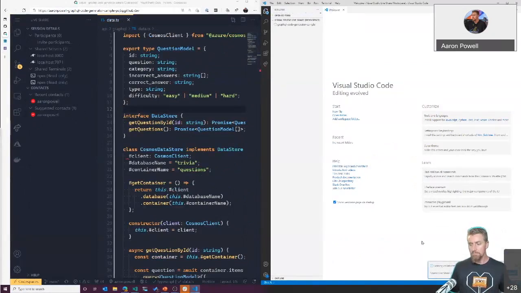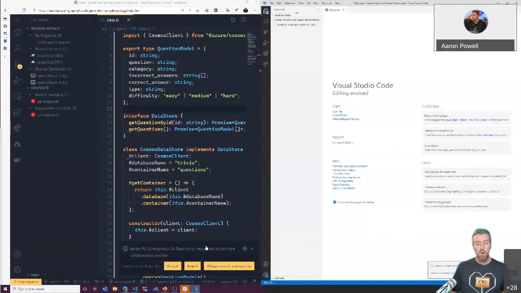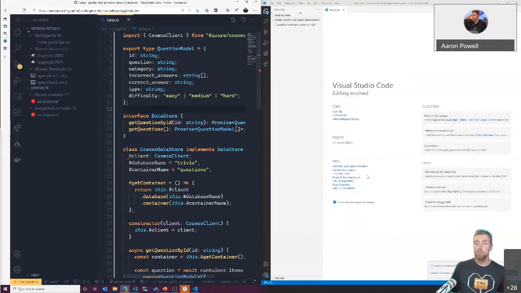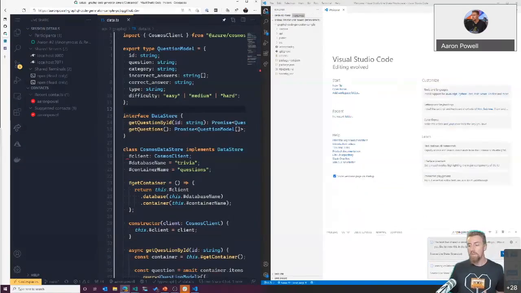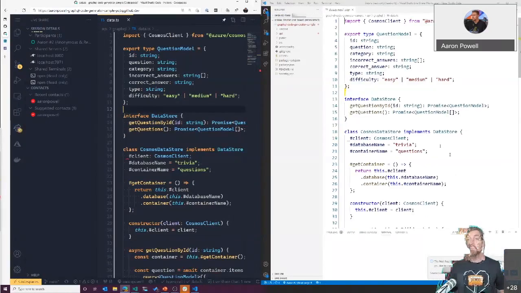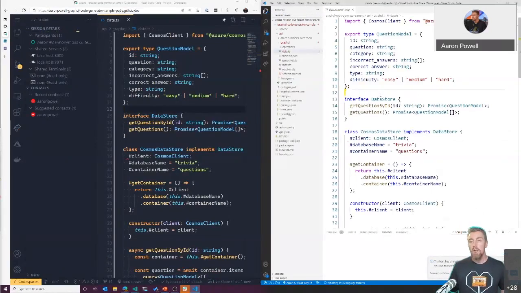Eventually, we're going to get there. And do I want to allow them? Yes, I do. I want to accept them. They're going to be anonymous, so they will only have read-only access to the editor experience. But so on the right-hand side, I have my colleague that I've called in, and they're having a look. And on the left-hand side is my live experience. At least that's the way that they're laid out. I hope that they're left and right for yourselves as well.